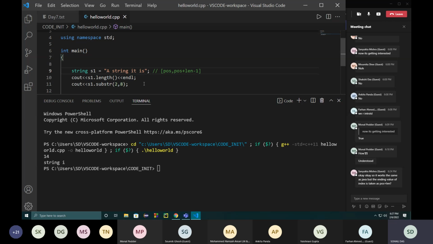Forget everything I've said before this. So substring calculates from the start position to the start plus end position minus 1. That is what C++ substring does. And what Java substring does is start to end minus 1, not the sum. So the last index is position minus n, as Sanjukta said. So the ending value of index is taken as position plus len, and the substring taken is still minus 1 of that